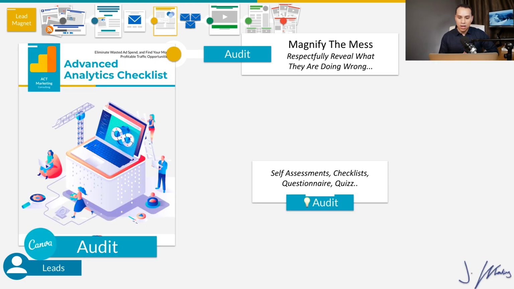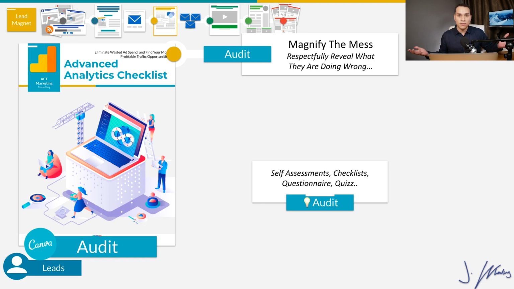So an example of an audit would be our advanced analytics checklist. This was a 10-page document that we put together that helped people go through their Google Analytics account and essentially see all of the settings that needed to be changed or how their data was being incorrectly collected. Now, did we go into how to get into the data layer and start creating events? Well, of course not, because that would be way too complex and that would violate one of our rules, which is lead magnet needs to be easy to use. So we saved that for later in our sales process,